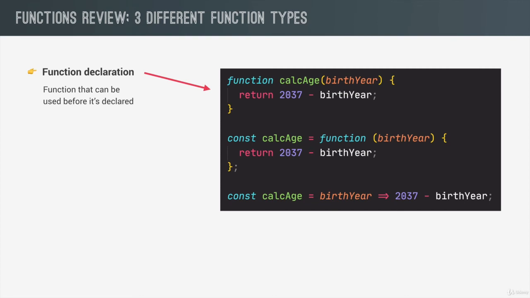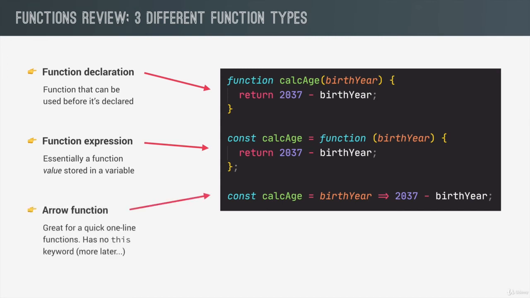Second, we have the function expressions, and they are essentially function values that are stored in a variable. And finally, we have arrow functions that are in fact also function expressions, but special ones. And these are great for quick one-line functions where we don't need to explicitly use the return keyword and no curly braces either. I also said that this one has no this keyword, but more about that in one of